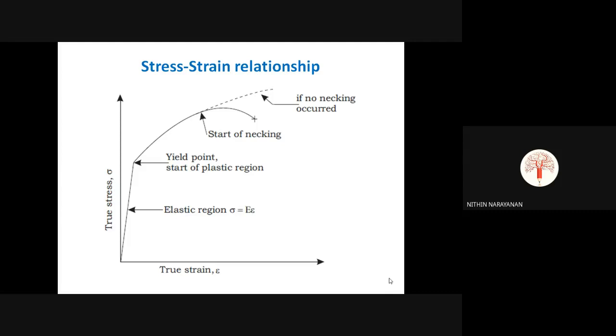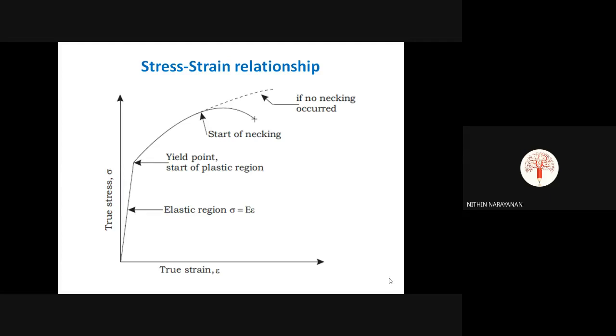So what is actually happening? It is not directly going to an abrupt fracture. Instead, the cross section is reducing considerably, and finally it is breaking. So that is the true stress strain curve. That means in true stress strain curve conditions, we are taking the instantaneous area of cross section. So the engineering stress strain curve and the true stress strain curve will be different in this plastic zone, up to the deformation and finally fracture.